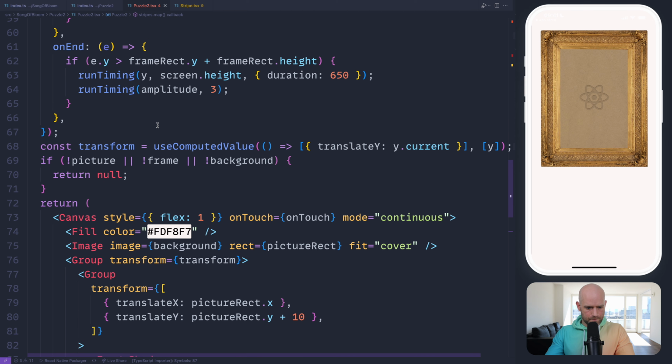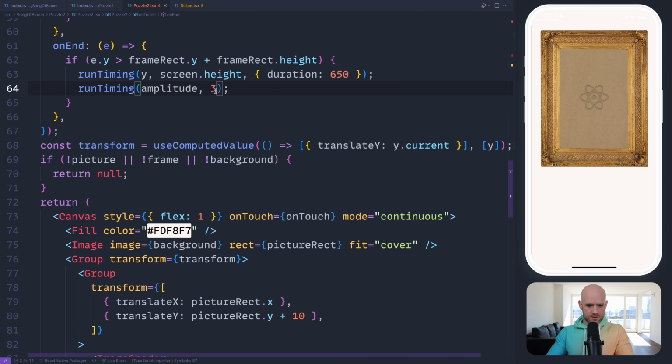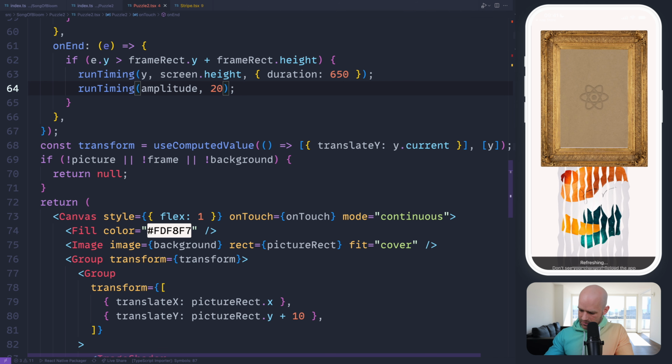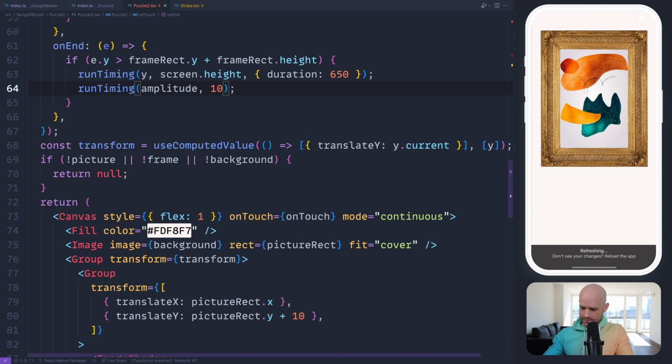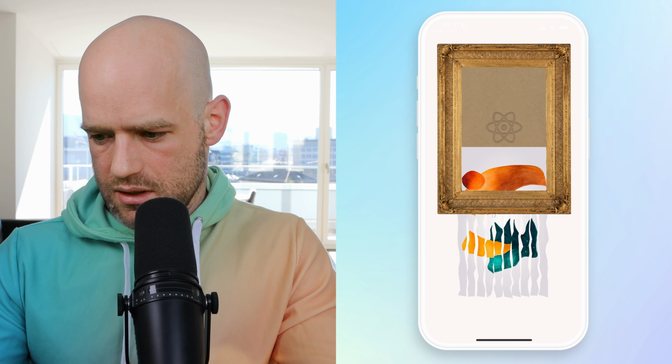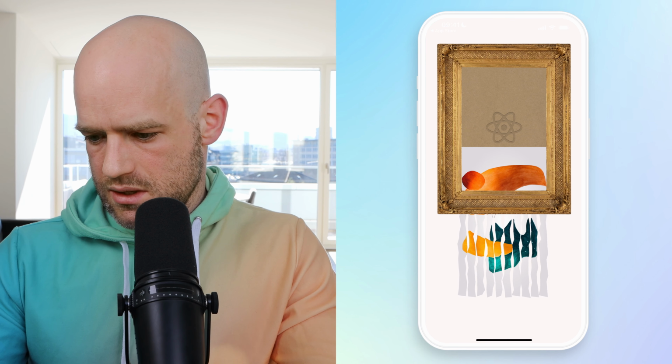Let me check here. So if we put a huge value, maybe, let's say 20 just to debug. Yes, okay. So maybe 10. Okay, that looks good. So if I drop, I think that's okay.